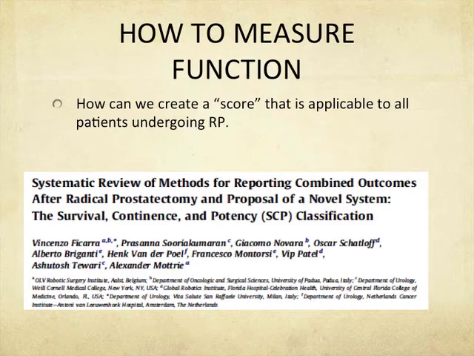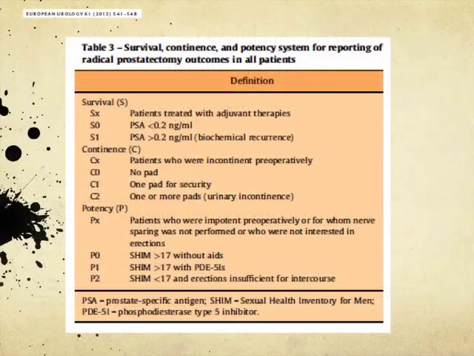When you look at studies on potency or continence, half the time only a small fraction of the patients they looked at were allowed to be included because there's so many exclusions: this patient was impotent before surgery, this patient was incontinent before surgery, or this patient wasn't a candidate for nerve sparing. So this paper has looked at a better way of scoring where we can include all the people that we operate on,